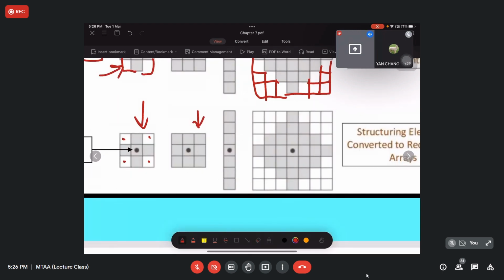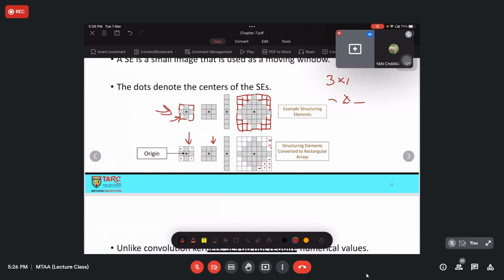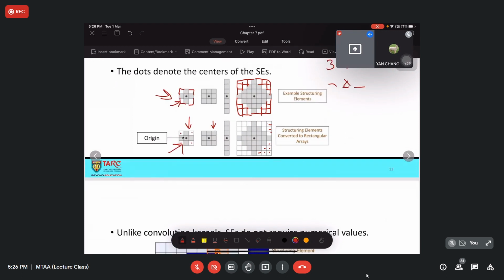So this is why you need to compensate with the white color pixel. Ideally, this is how the pixels look like. But in most cases, we are using this one, to show an example.